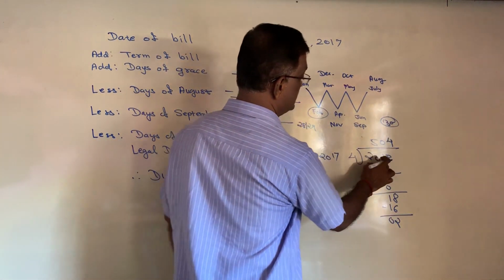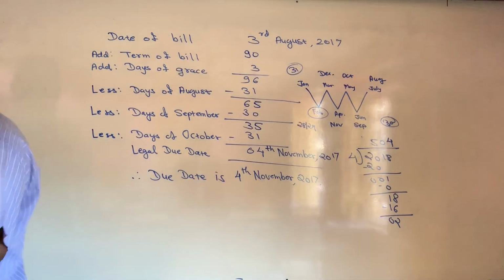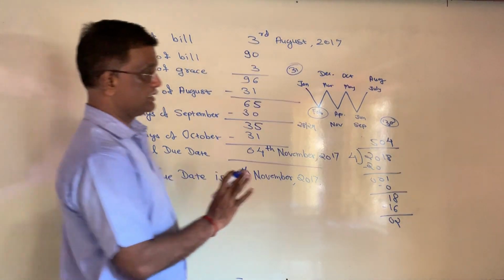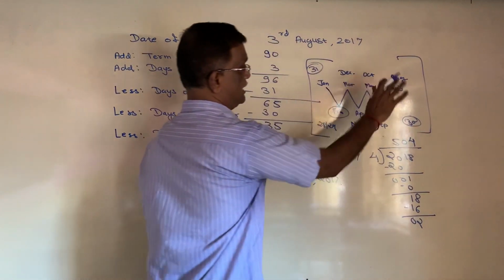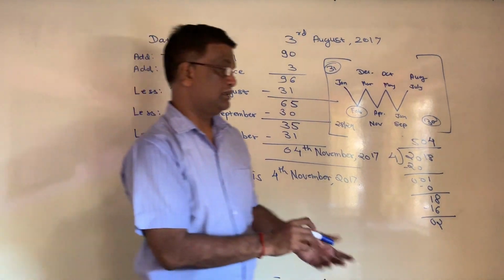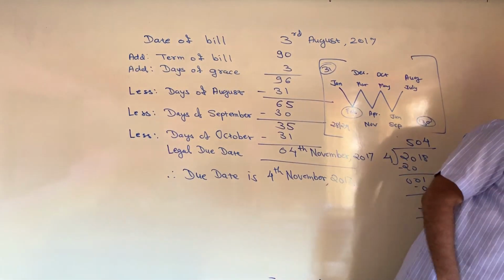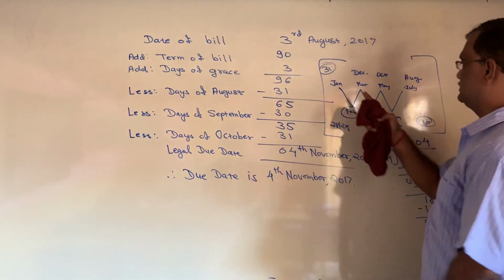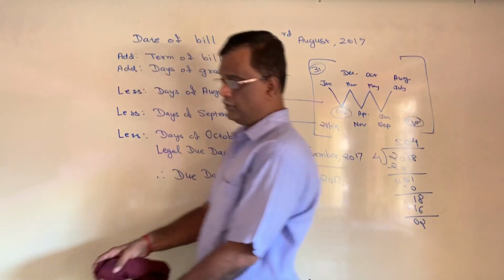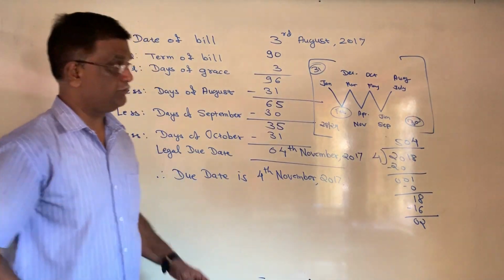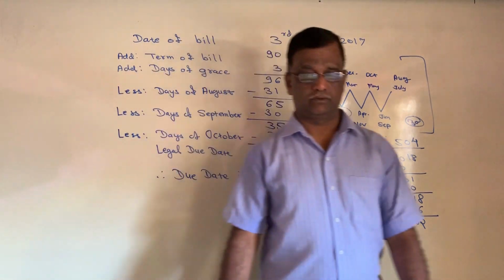So 2018 is not a leap year, so it will have 28 days. And when it is a leap year, then 29 days. So this is how you have to remember and identify correctly how many days there are in a month. So a month consists of days like this, you can find out. Okay, tomorrow we will see the format of the bill of exchange, which comes in the examination for 5 marks. Okay,